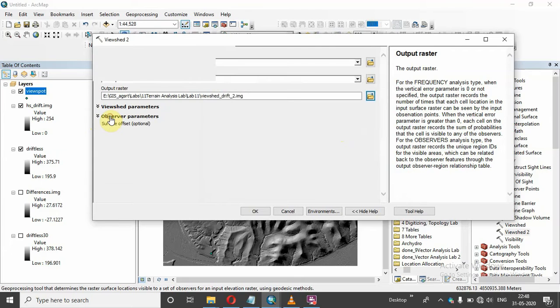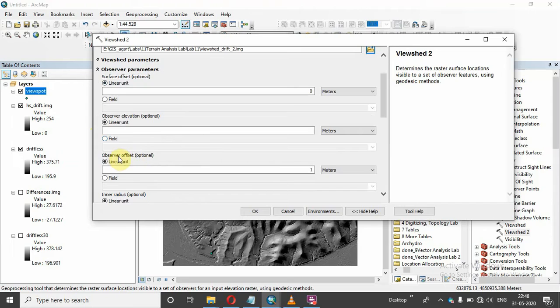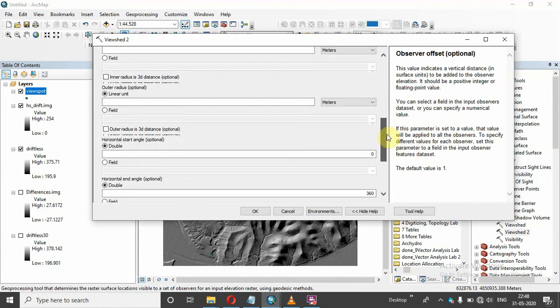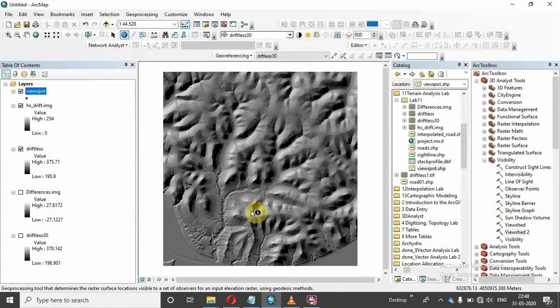Then do one more thing: set the observer parameter, observer offset, and put it as 5, as the height of the observer. Then OK.